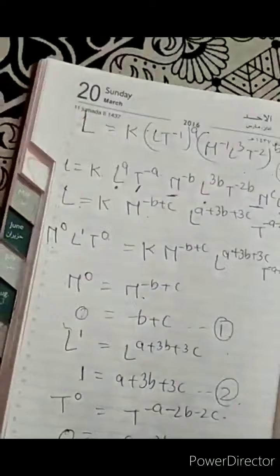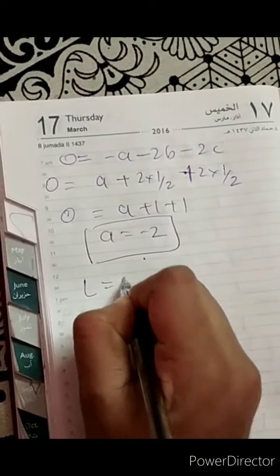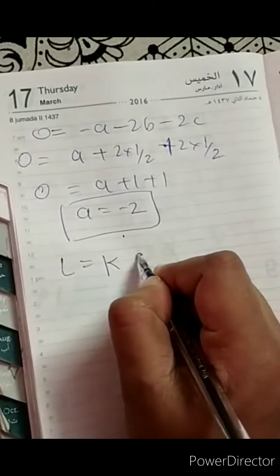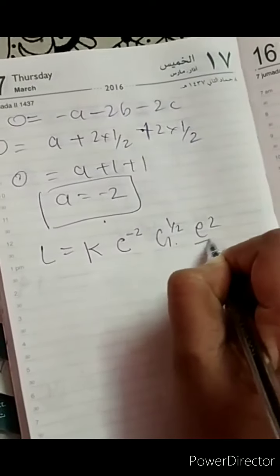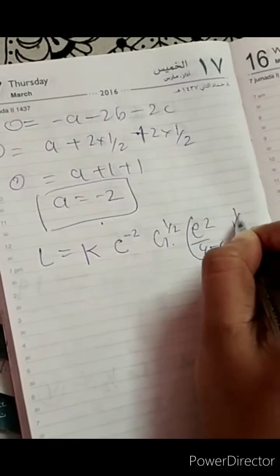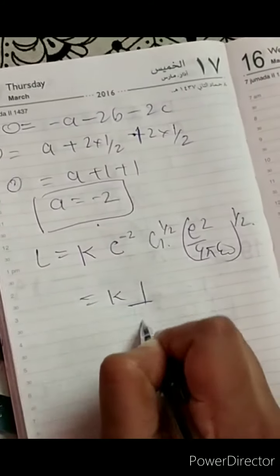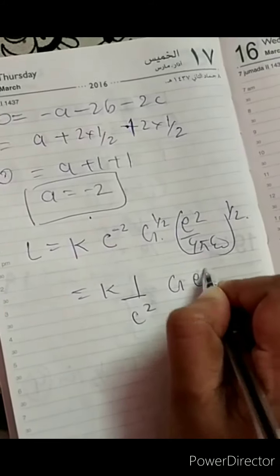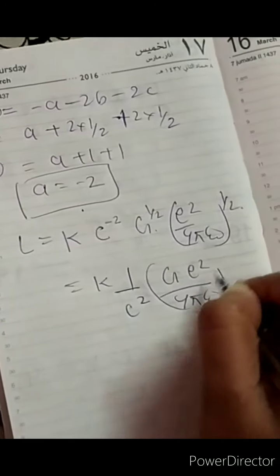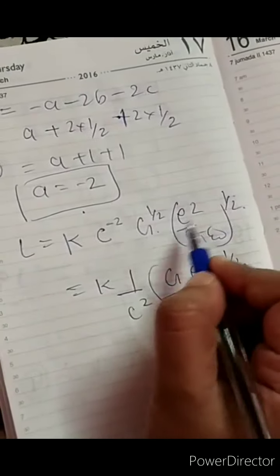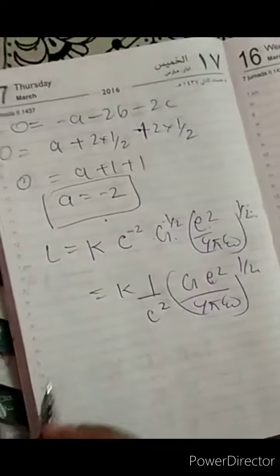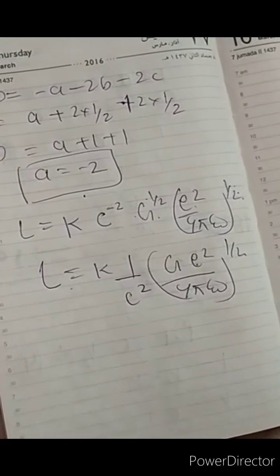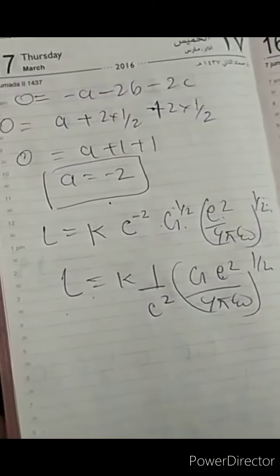All values found, and we then get L is equals to, put it in our main equation, which says c to the power a, that is c to the power minus 2, G to the power b, and e square over 4 pi epsilon 0 to the power c, which is again half. Or can I write it like this: L is equals to c to the power minus 2, into G e square over 4 pi epsilon 0, to the power half. Since the same power is here, I just took G inside the bracket. Since it is also half, I just took a bracket. No one can imagine that length can be written in terms of this, but we have proof now.